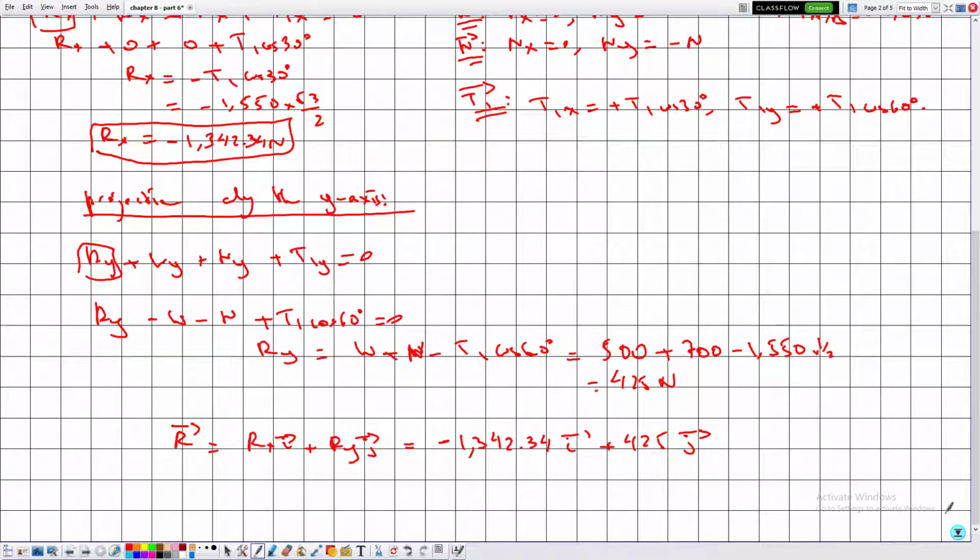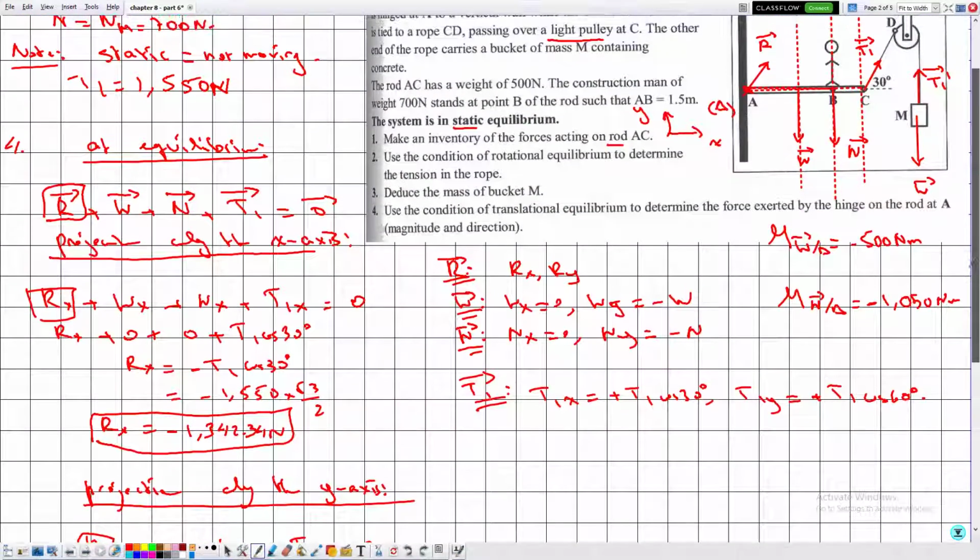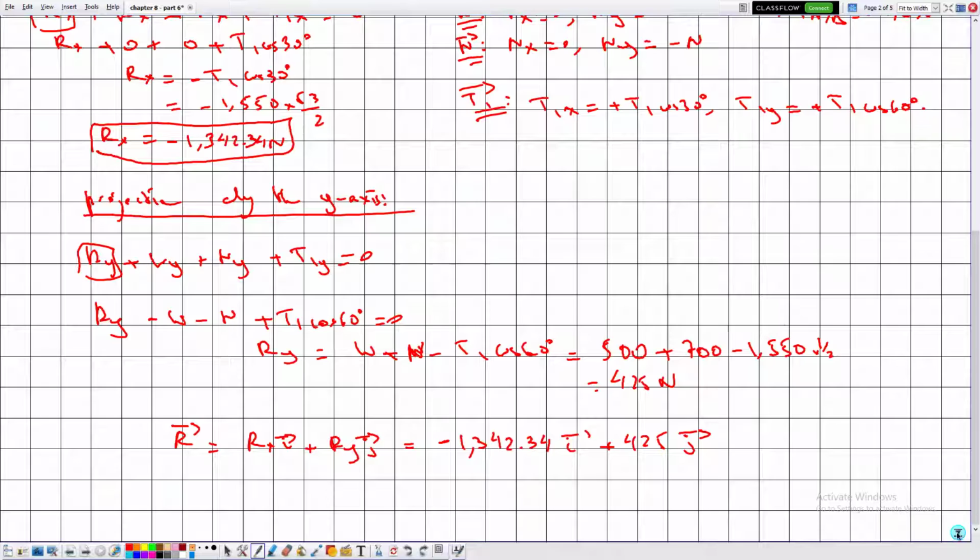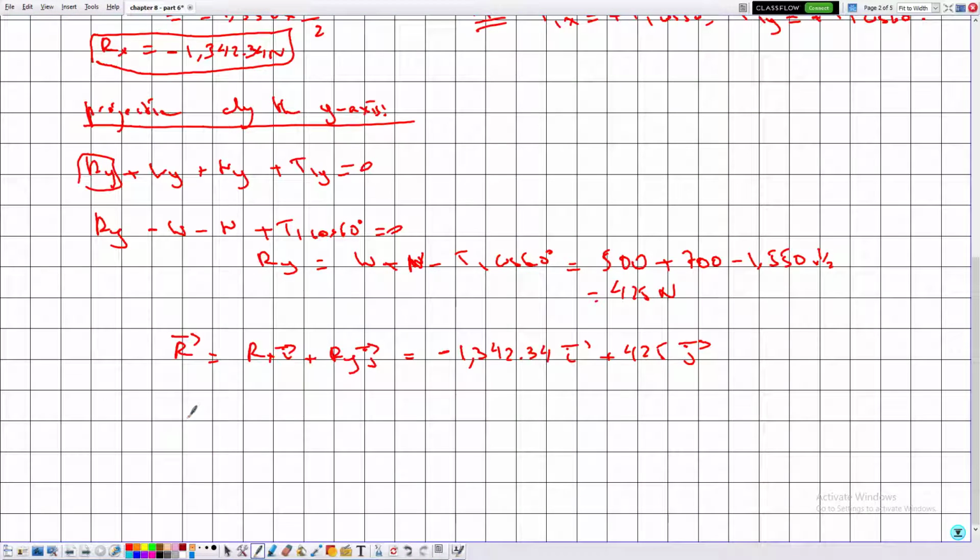Now if you want to calculate the magnitude, because they are asking me here about the magnitude and direction, so R is equal to square root of Rx square plus Ry square, and you can replace the values here. So we have minus 1342.34 to the power 2 plus 425 to the power 2, and you can calculate this